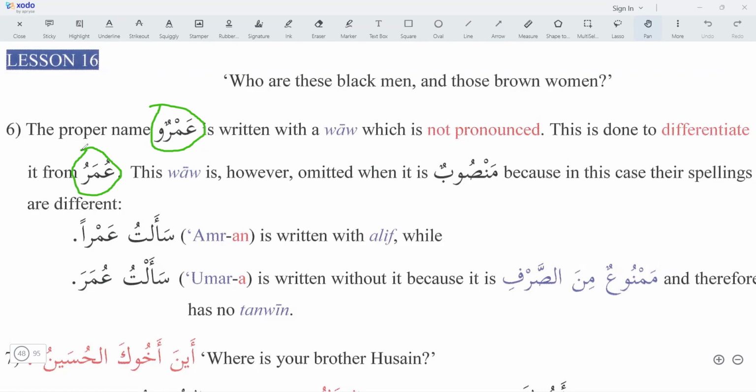So, sir, Amrun can also take the majroor state. Yes. When it is majroor, then it will be Amrin. It will take the ya. Sir, for example, like the famous Egyptian